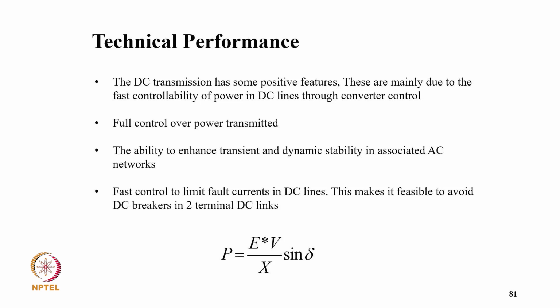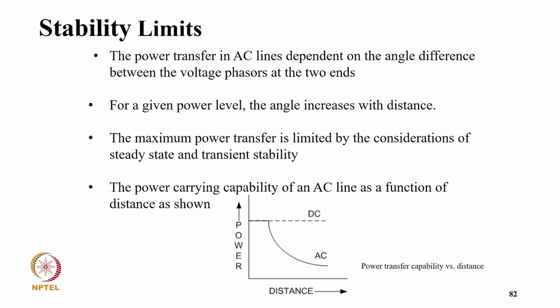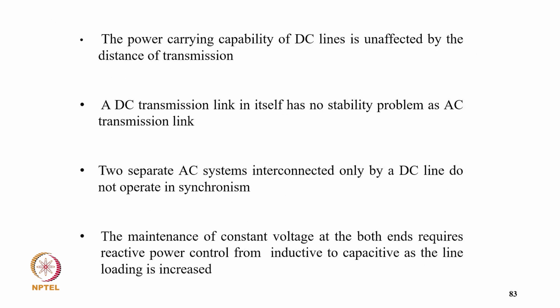And the power is EP upon X into sine delta. So the power transfer in an AC line depends on the angle difference between the voltage phasors at the two ends. For a given power level, the angle increases with distance, and the maximum power transfer is limited by considerations of steady state and transient stability. So the power carrying capacity of an AC line is a function of distance, as shown here. But the power with the DC line does not change. However, with AC it decreases because of these limitations. So the power carrying capacity of the DC line is unaffected by the distance of transmission,